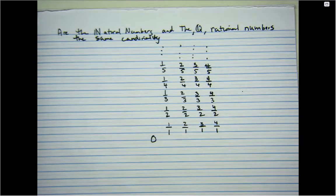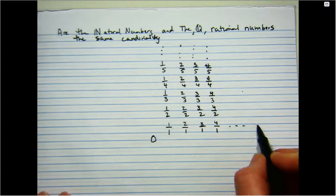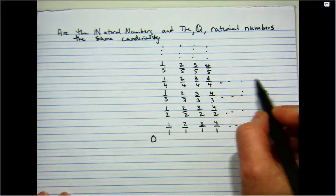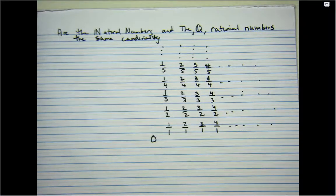Now we could keep going with this, but hopefully you get the idea. So these rows keep going also. The columns keep going up and the rows keep going to the right. So we're going to list every positive fraction in this